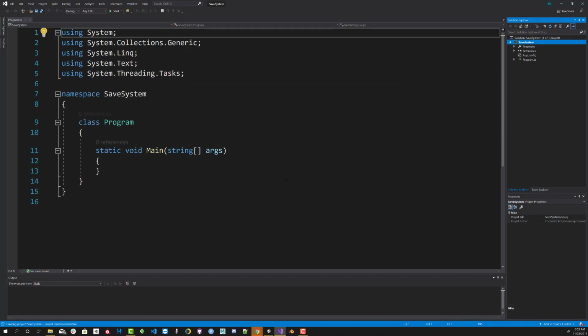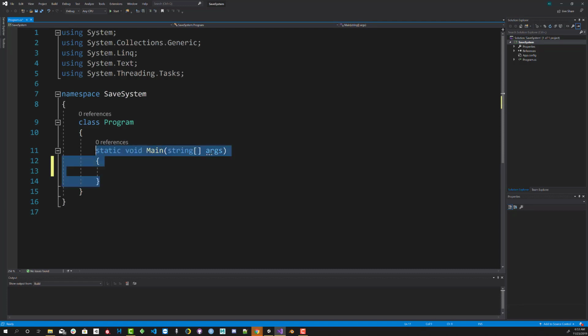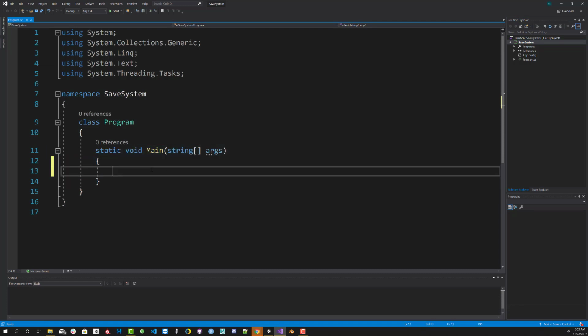Now, what you're seeing here is the basic structure of a console application. So if you used Unity before, you can almost think of static void main as a void start, as our start method. So let's go ahead and see how this works. So I'm going to go ahead and type in Console.WriteLine, and in here I can just type hello from main,